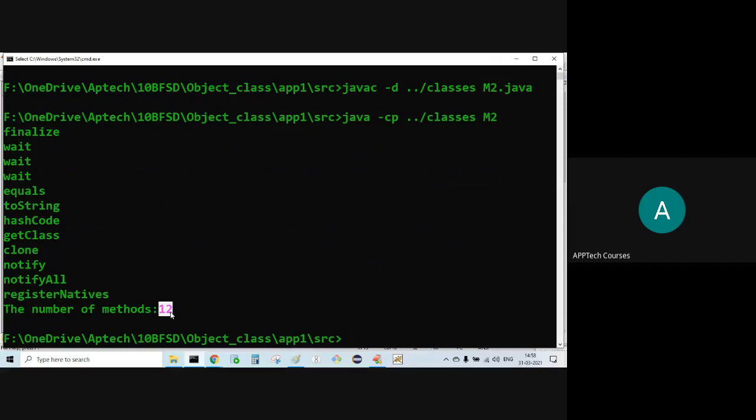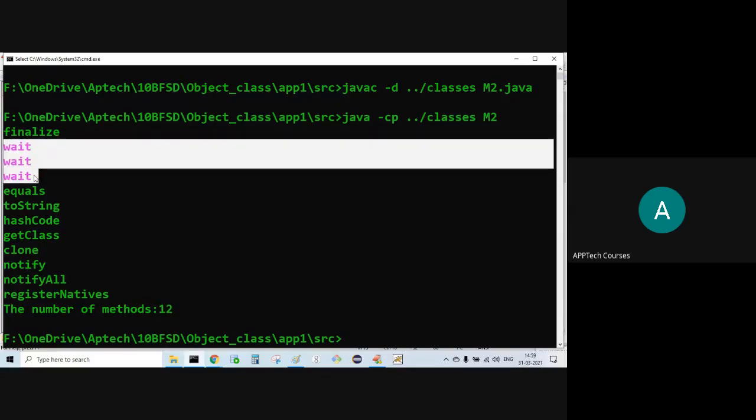Totally 12 methods in the Object class, but 11 will be inherited, but not the 12th one. Three wait methods, three overloaded. Three overloaded static methods in the Thread class. This is the concept of threads. Three overloaded methods will be there.